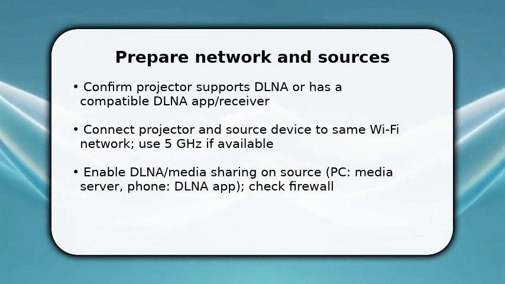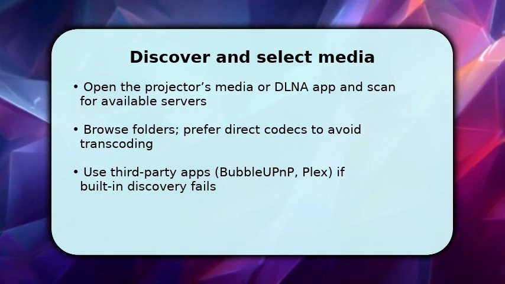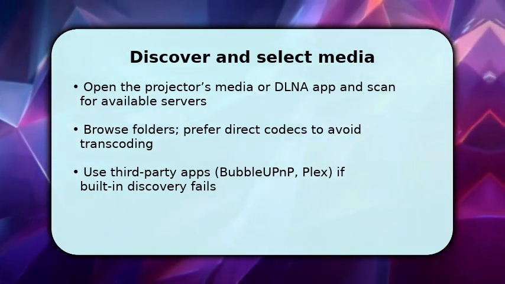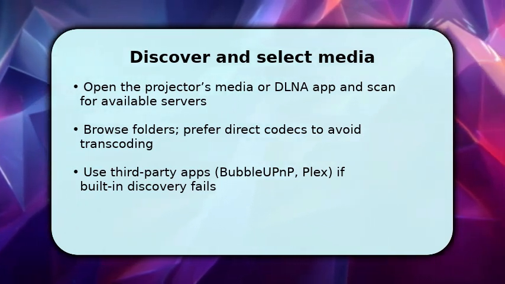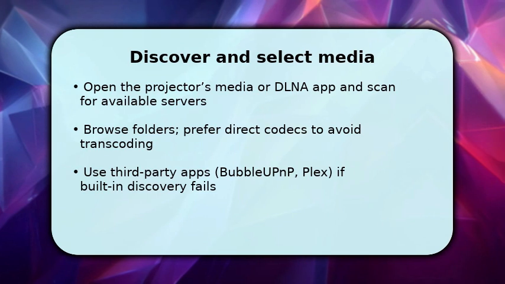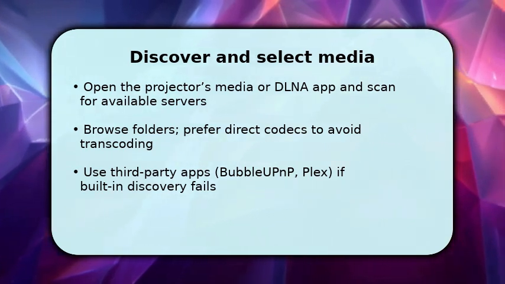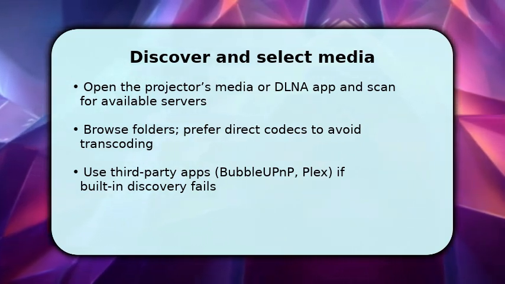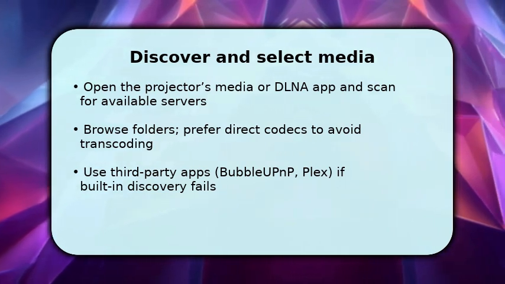Now discover and pick the files you want to show. On the projector, open its media app or DLNA client and let it scan for servers. This finds your shared device. Once you see the server, browse to the folder and select a video or photo. Choose files with native codecs to avoid on-the-fly transcoding, which can cause stutter. If the projector's browser is limited, use a DLNA app on the source or a server like Plex to simplify